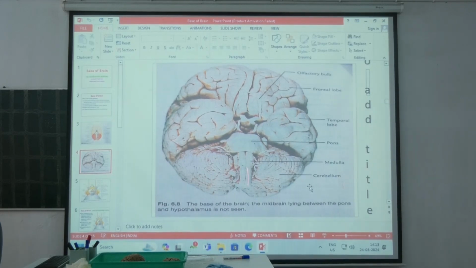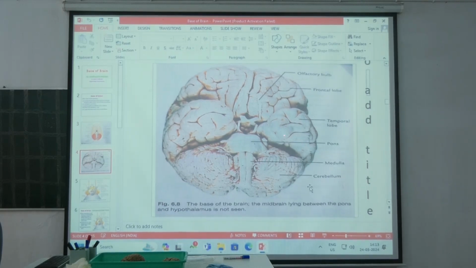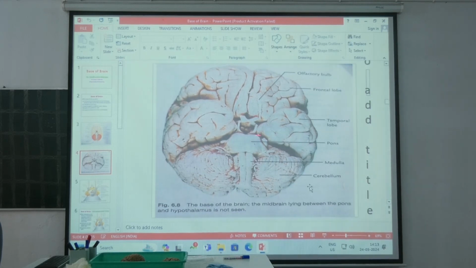So these are the rootlets of different cranial nerves coming out from the base of the brain like this. And this is the boundary of the interpeduncular fossa and its components. The components are the tuber cinereum, mammillary body, in between the two crus cerebri, the posterior perforating substance, and the oculomotor nerve. And sometimes the optic chiasma. All these are contents of the interpeduncular fossa. As for the boundaries, anteriorly the optic chiasma and optic tract, laterally the crus cerebri, and posteriorly the brain stem. These are the boundaries.